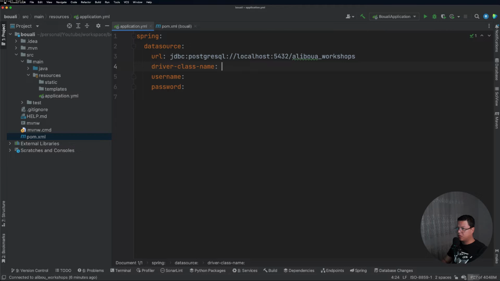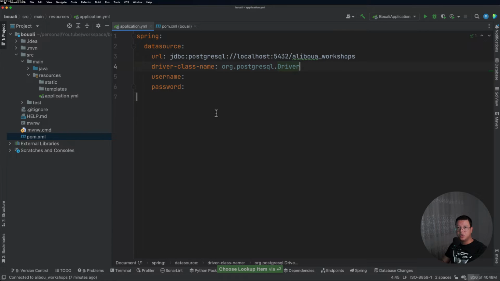You can press Ctrl+Space to have auto completion, or you can just type it yourself. It's org.postgresql.Driver. So now this is the connection to our database. We provided all the necessary information to connect to our database.